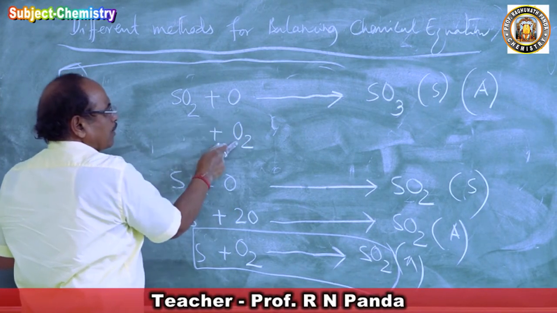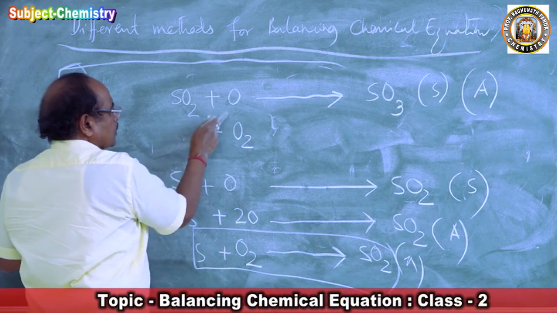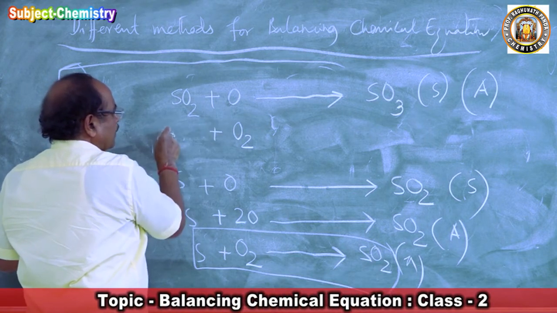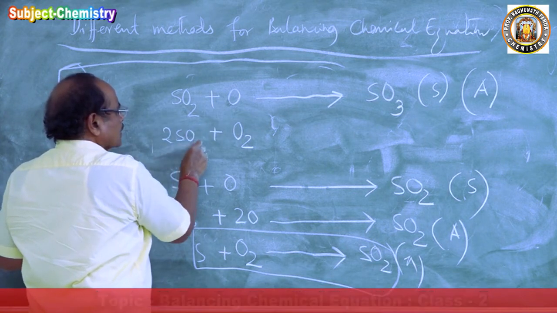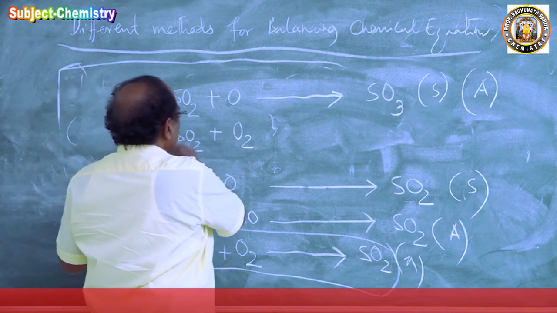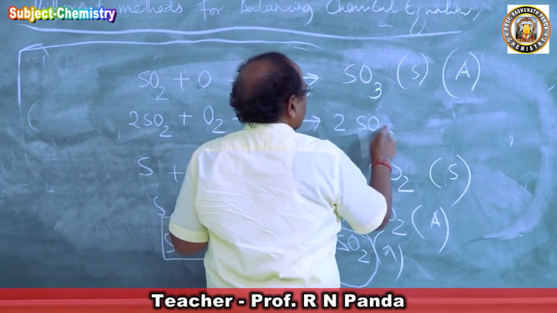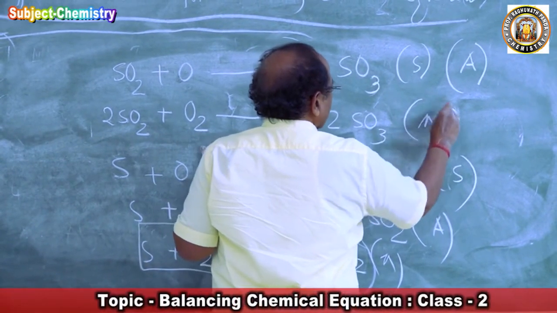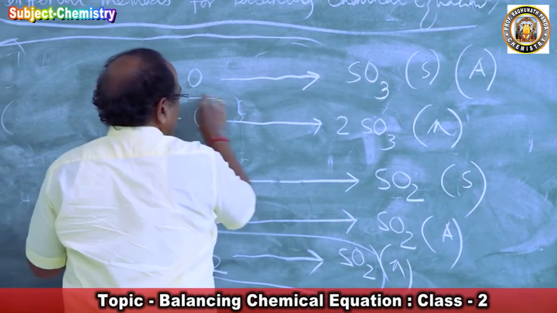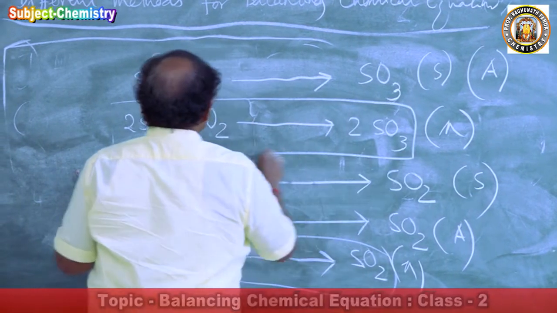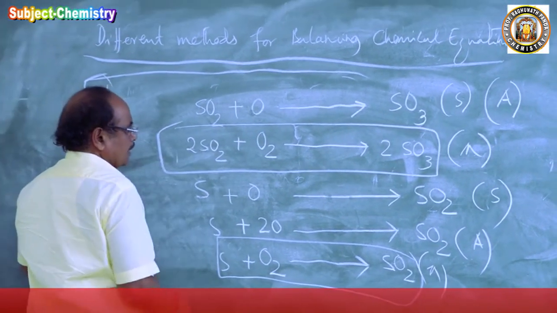We will multiply by 2, O2. Since we are multiplying this by 2, we will multiply this by 2, 2SO2. And since we multiplied this by 2, we will multiply this 2SO3. So this becomes the molecular equation, and the equation we got is 2SO2 plus O2